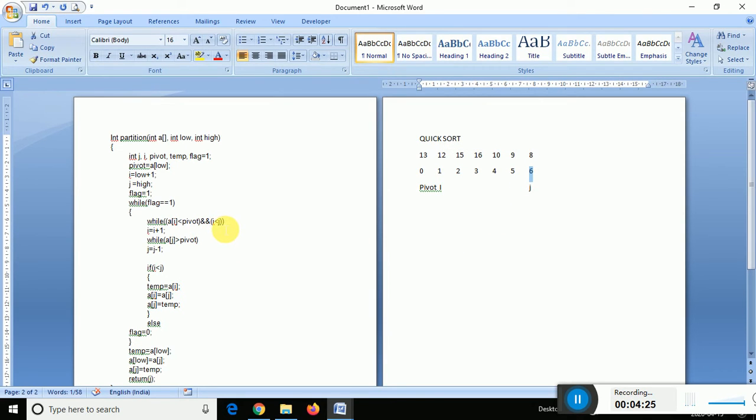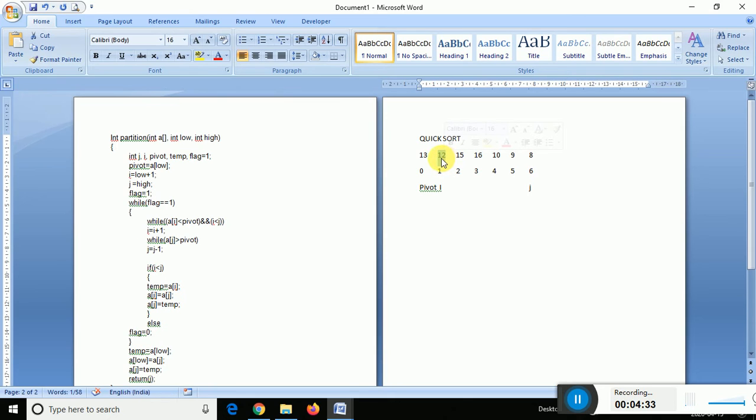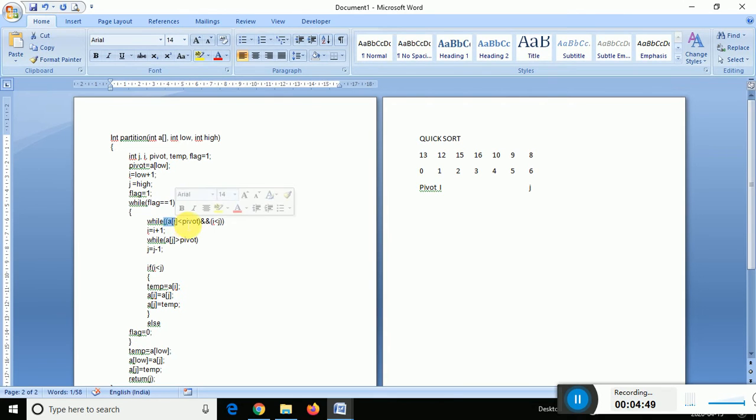So 1 is less than 6. If this is true, and a of 1, that is 12, is less than 13, true. When 12 is less than 13 is true, then i will be incremented.